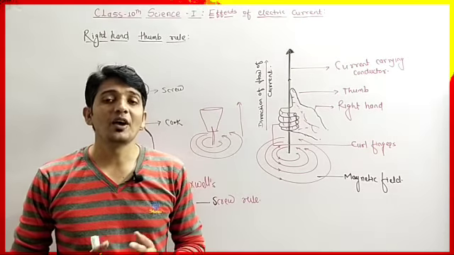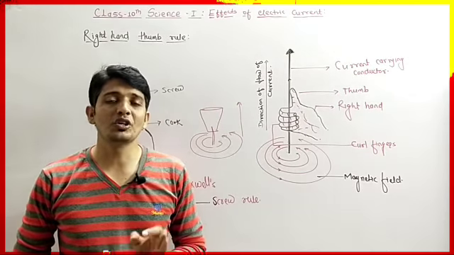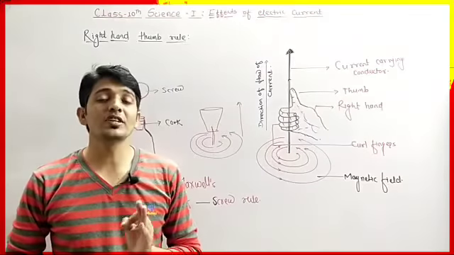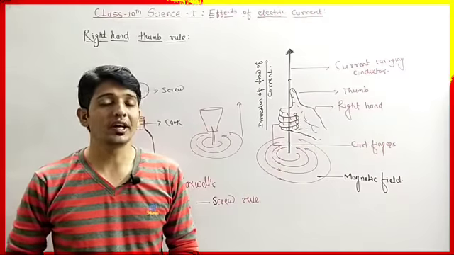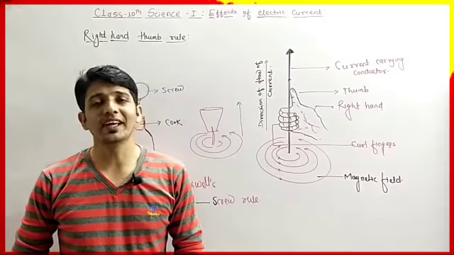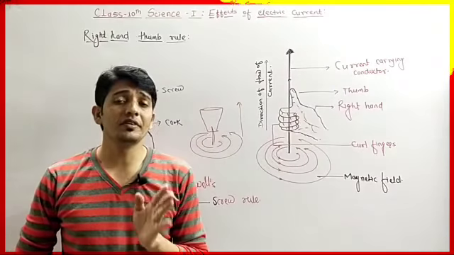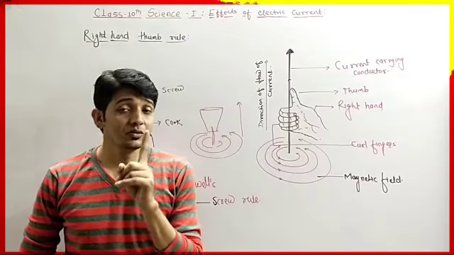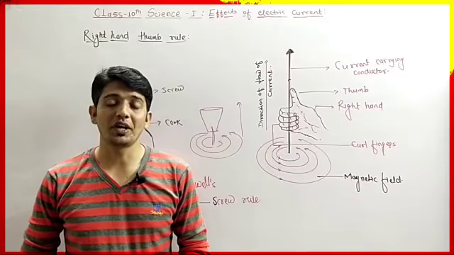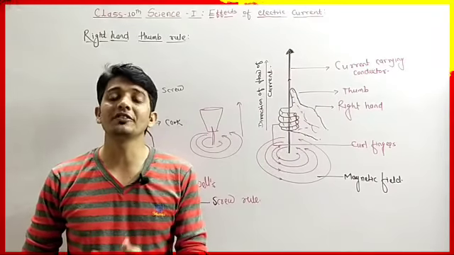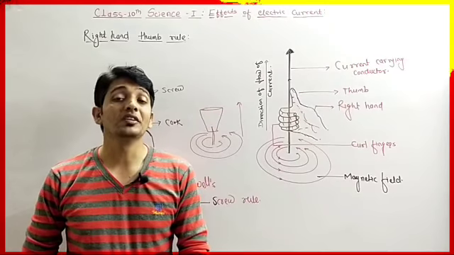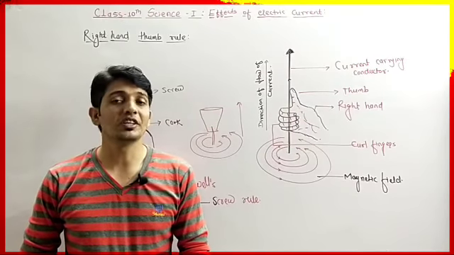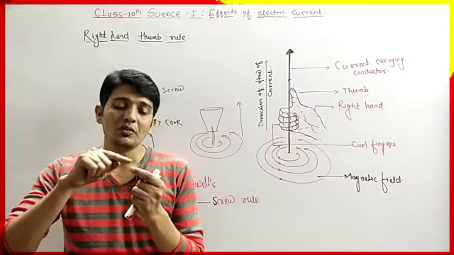So students, I hope you have already understood all about the right hand thumb rule and Maxwell's corkscrew rule. In the previous video, we discussed the different effects of magnetic current. Just watch that video once, because it is very important, since in the next video we are going to cover the magnetic field produced by a loop, which is a current carrying conductor in the form of a loop.